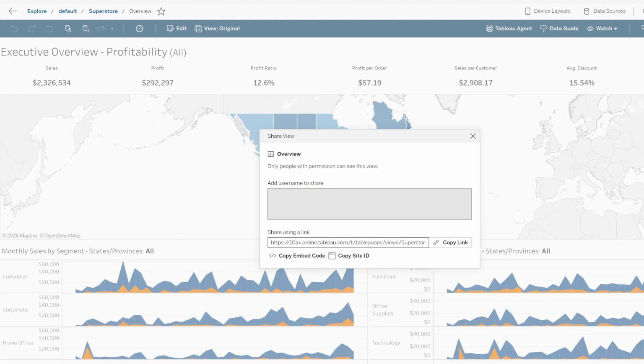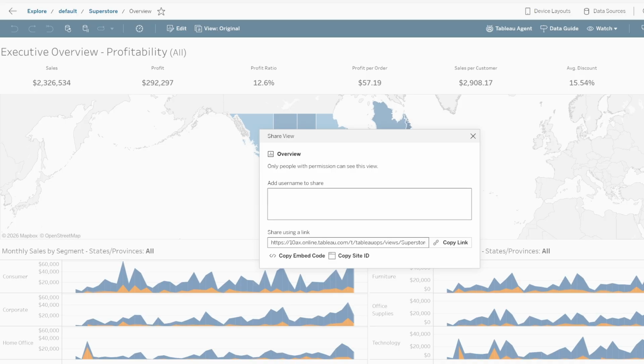Right here you have the share button again. Okay, so once you have this window open, you've got a link here that you can share, and that will link directly back to the URL, and we'll look at using that after as well. But here's just the easy way: copy embed code. Then I will switch over to